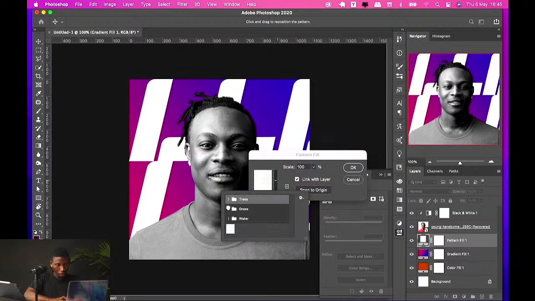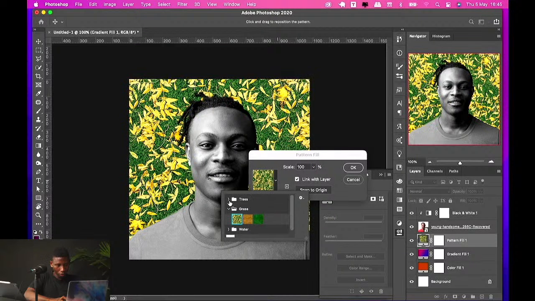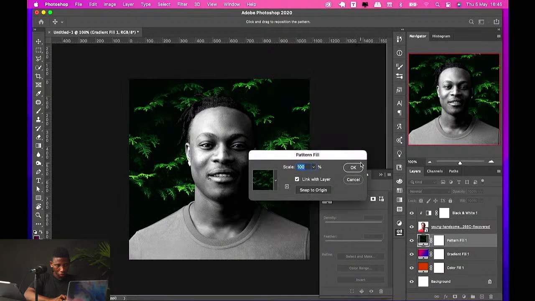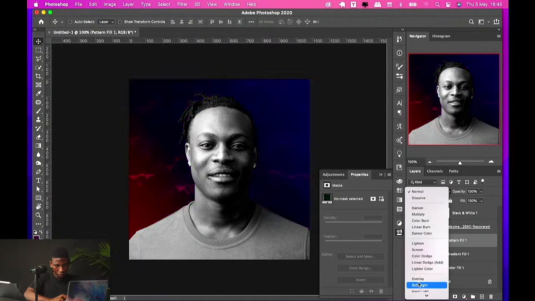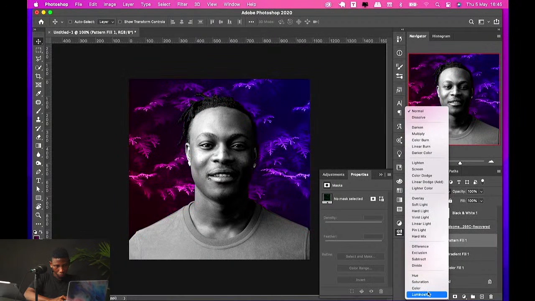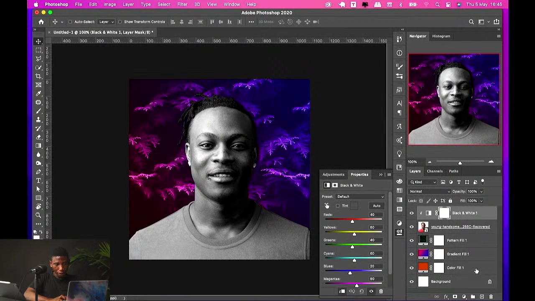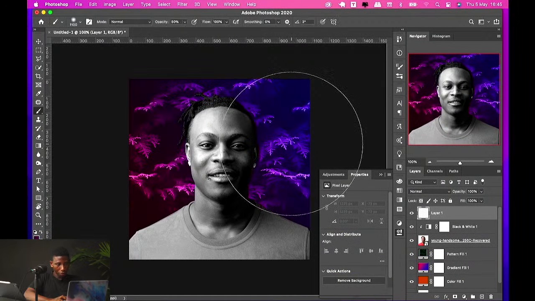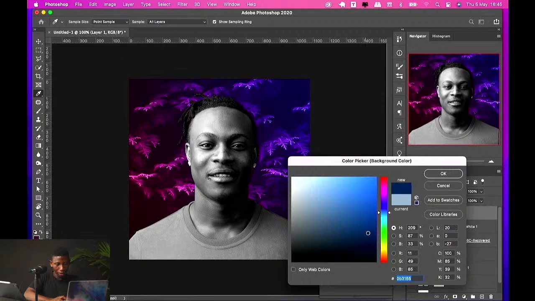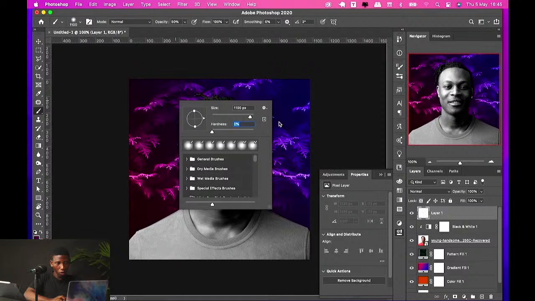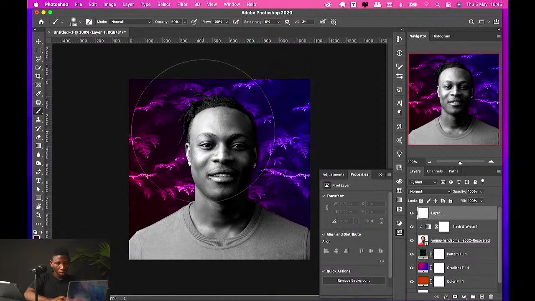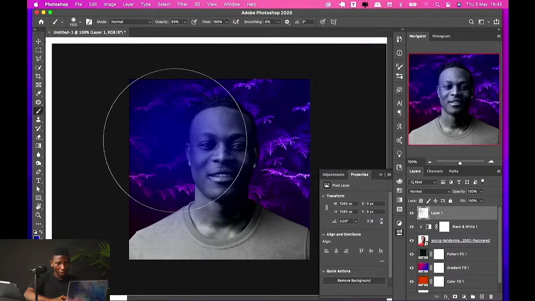Let me use trees, or let me use grass. Okay, then let me use blend mode. So let me create a new layer on top. Then B for brush. I want this side to have that blue feel, a dark blue. Then with my soft brush, that is hardness of 0, once you right click, it brings up that option. Then my foreground color must be the blue that we set. So once I paint like this,